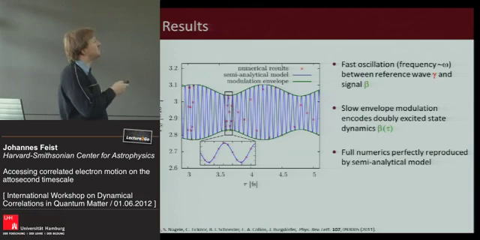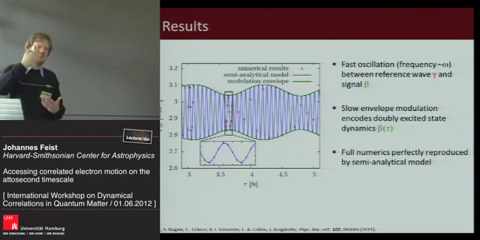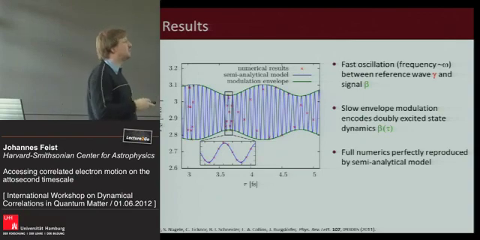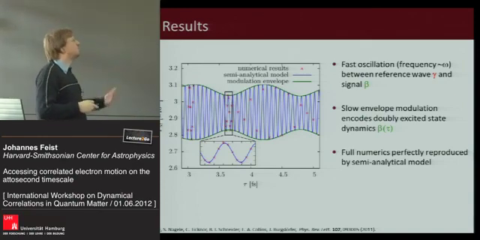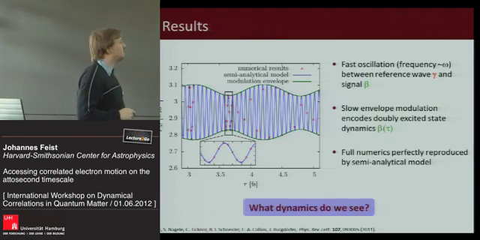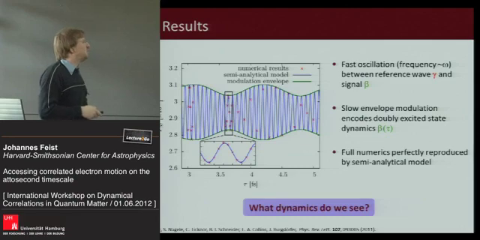But this fast oscillation is modulated with an envelope, which is given by the interference between the ground state, or the path gamma, and the doubly excited state wave packet, the path beta. And this slow modulation of the envelope on a femtosecond time scale is what actually encodes the doubly excited state dynamics. And the question is, of course, what kind of dynamics can we see in this setup or in this